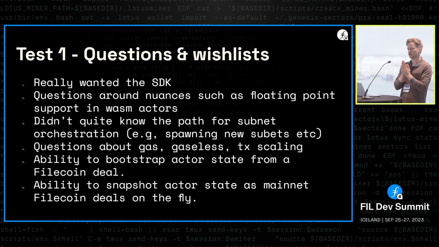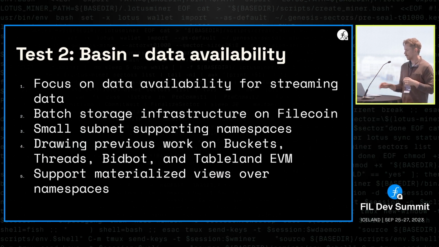And so we started breaking up our experiment and saying, well, what if we put aside the full SQLite engine and we just say, can we do data availability? Can we create a fairly generic subnet that will take namespace or create namespaces on demand and allow you to update an append-only log of what is the current state of that namespace? And so that became our test number 2 that we're more actively working through now. And so focusing on this data availability of streaming data. So this, again, has a really cool database tie-in.